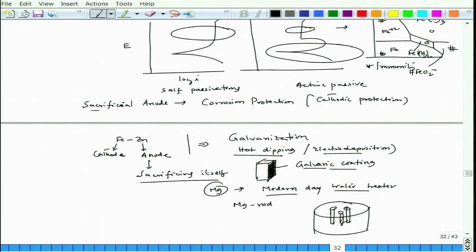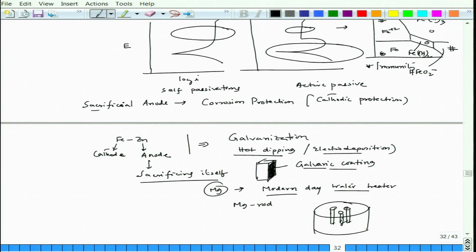We will talk about cathodic protection in detail, and we will do some calculations also. While we do the calculations, we will see the criteria for choosing different sacrificial anodes. So, till then let us stop here. We will continue with this particular galvanic series for a while, and then we will talk about some typical examples as well as factors affecting galvanic corrosion in our next lecture.